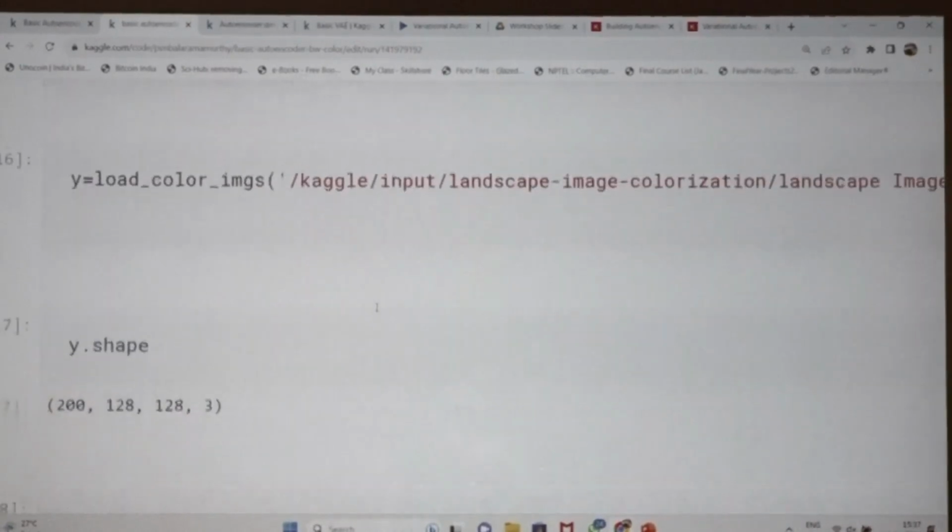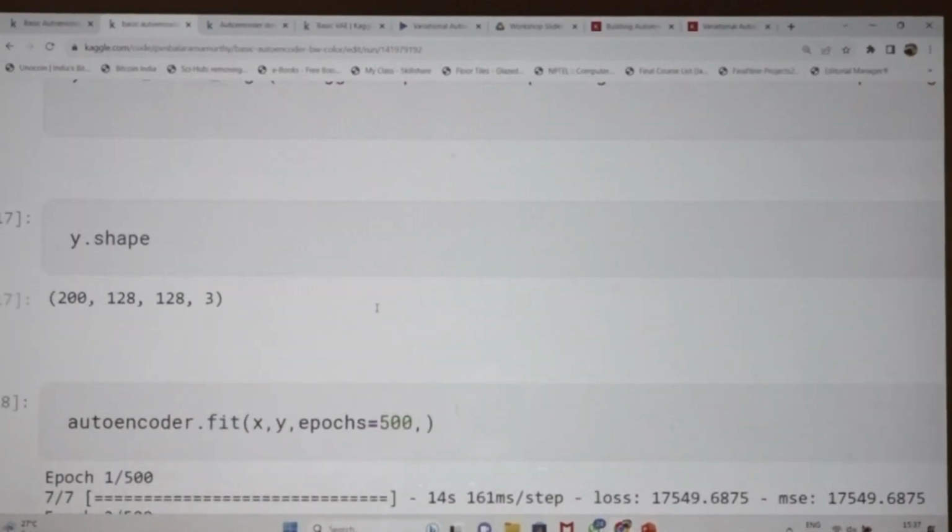See the Y shape. We have already seen the X shape, 200, 128, 128, 1, because it is black and white. The color images Y have 200 images, 128 by 128 and 3. These are the original images, already available in the input.